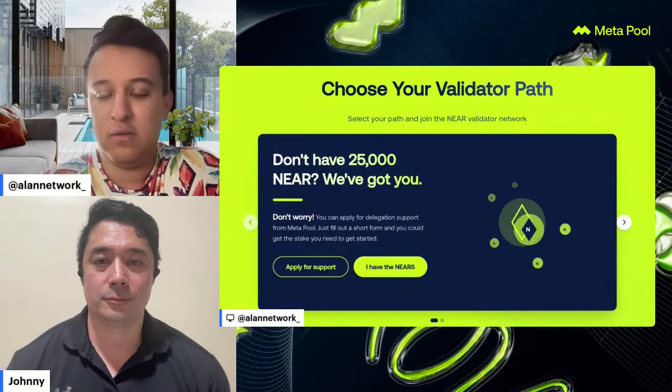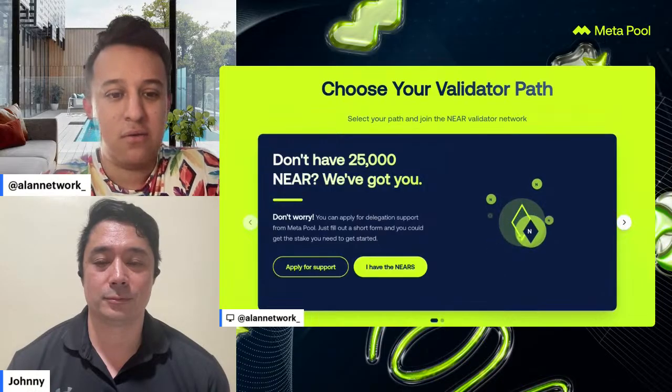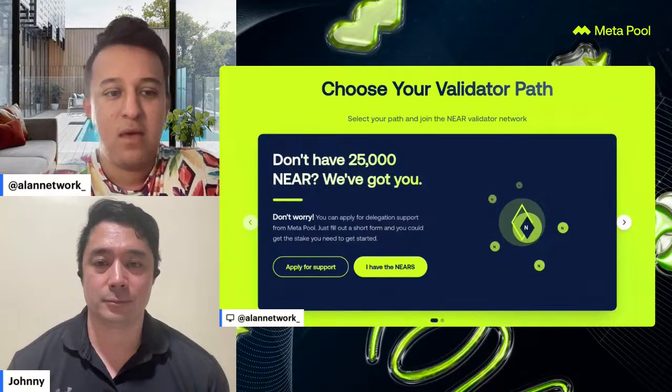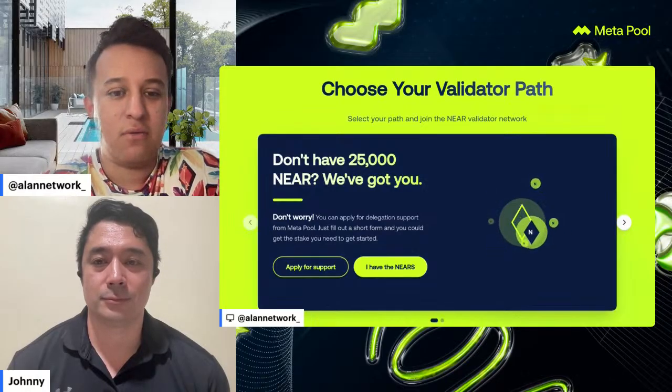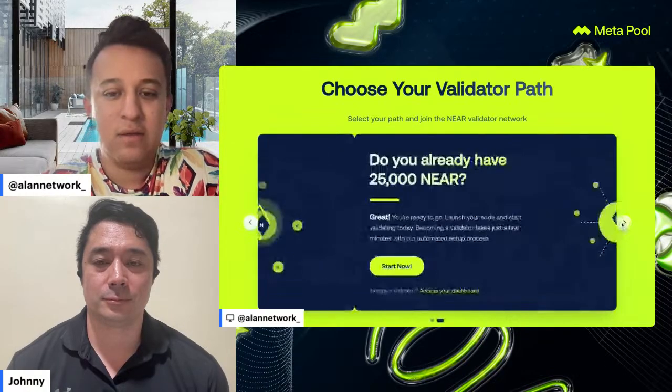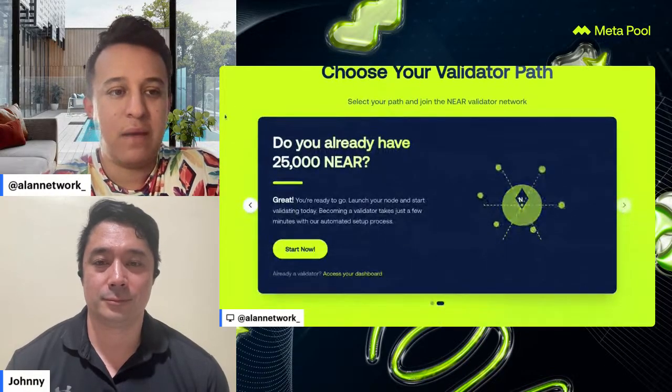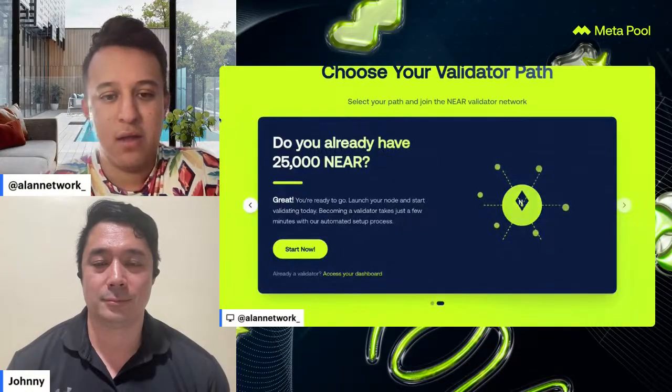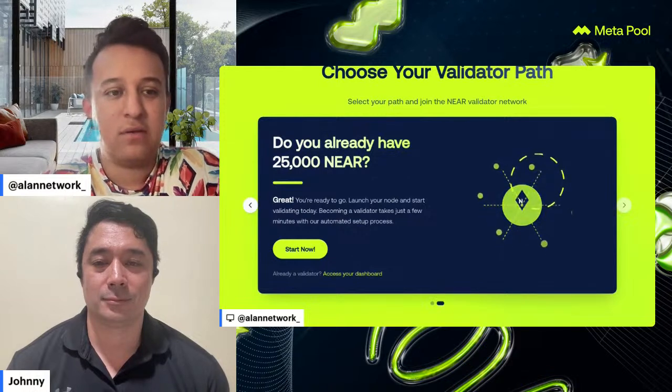And this is only available if you are currently using Node Studio. So that is a good opportunity for you to start testing an easy to run platform along with Meta Pool and Openmesh. And in case you have the 25,000, because we have many people who are interested in running this in an institutional way, you can start now.